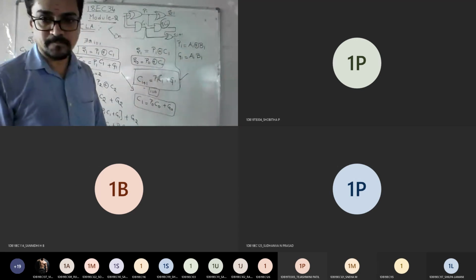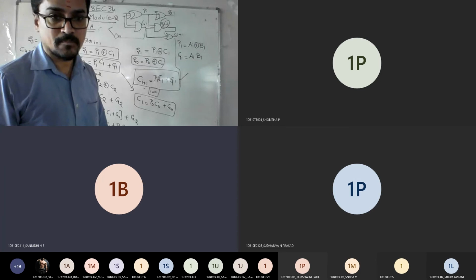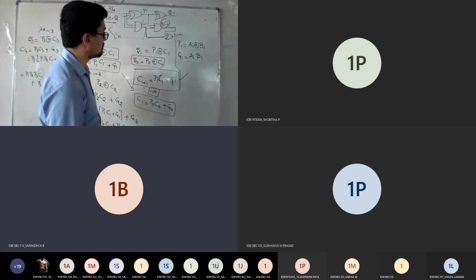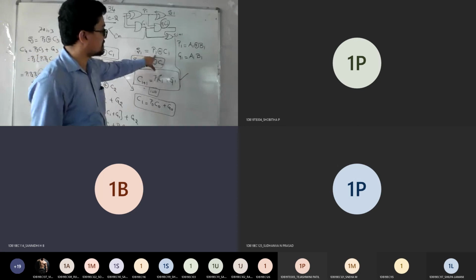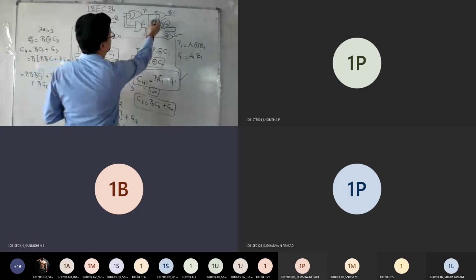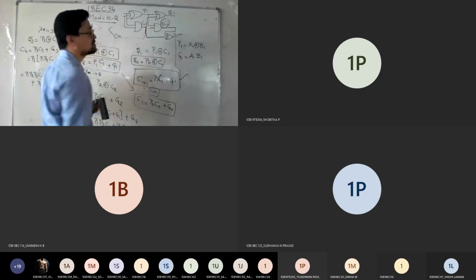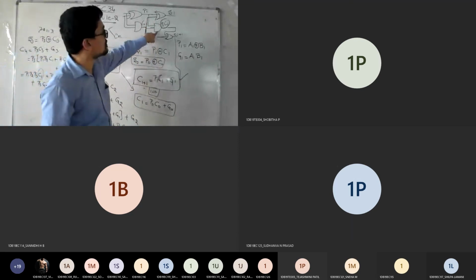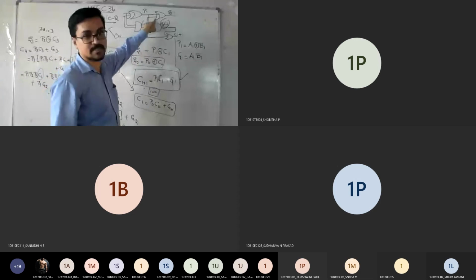Is it fine? Sir, for the sum, the sum is the same only, no? The Ci connection is there. Yes, this connection is there for this also. One input of Ci goes to this AND gate, and one goes to this.